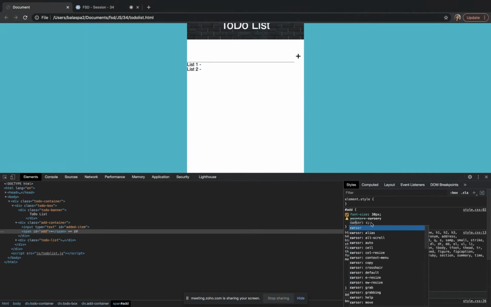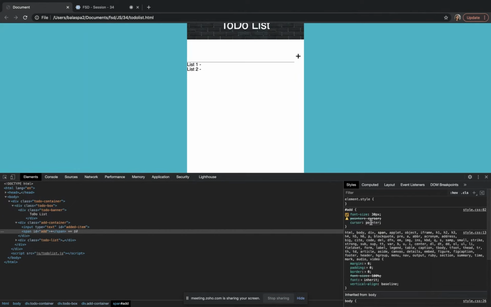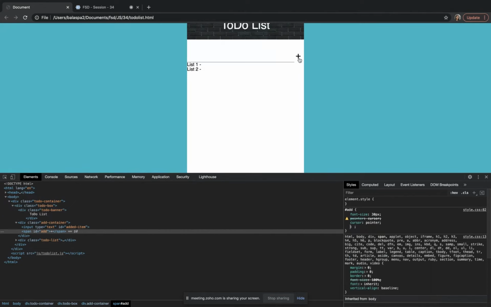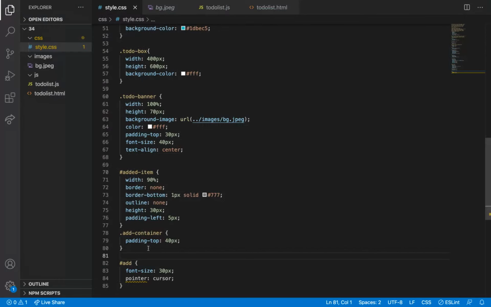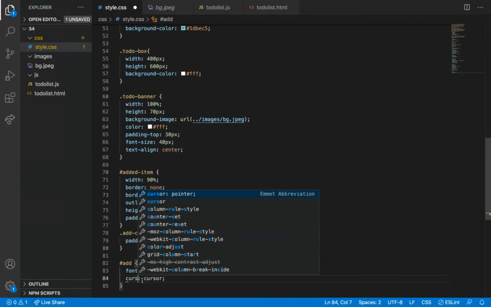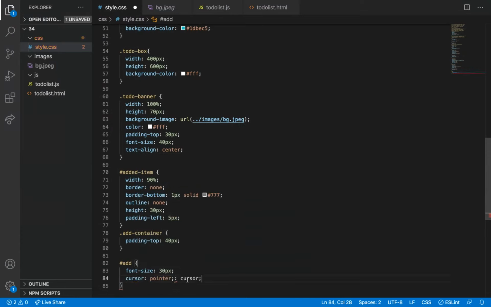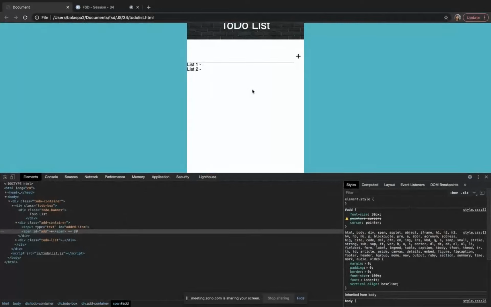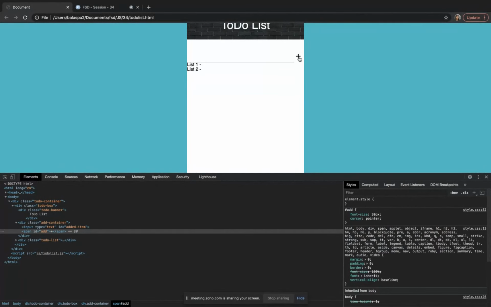Cursor pointer. Okay. Cursor pointer. So if I'm hovering over it, the cursor becomes a pointer hand symbol.